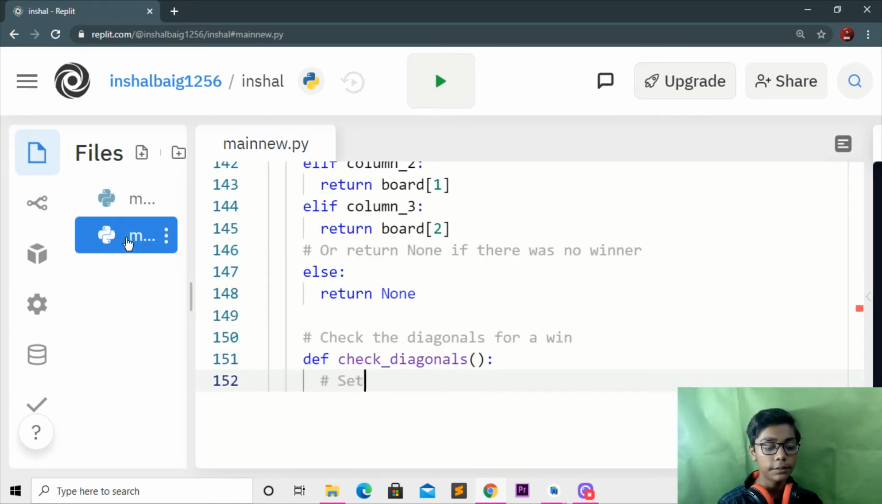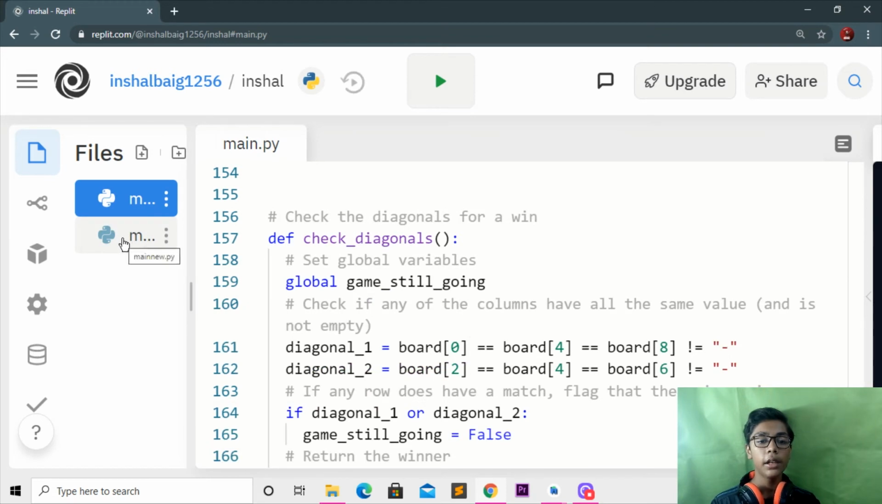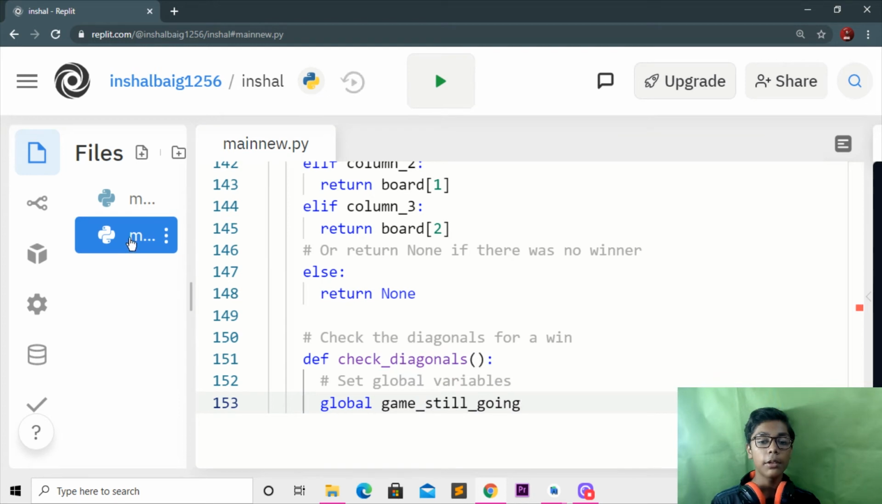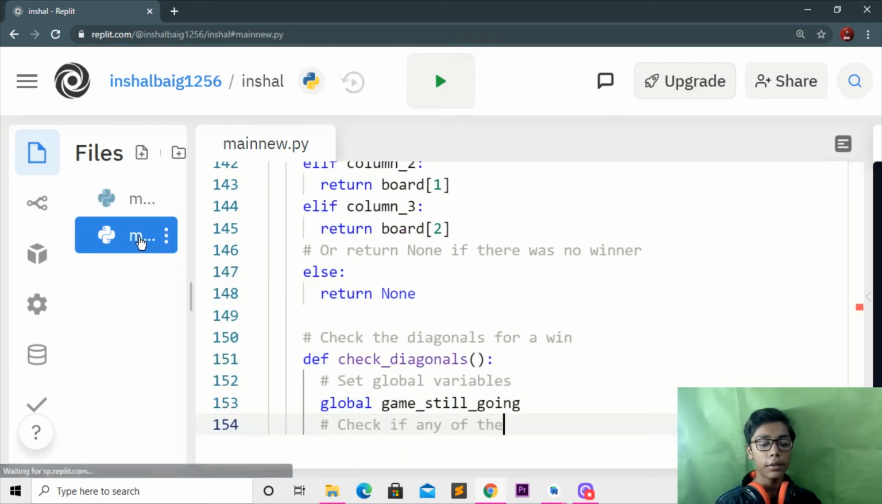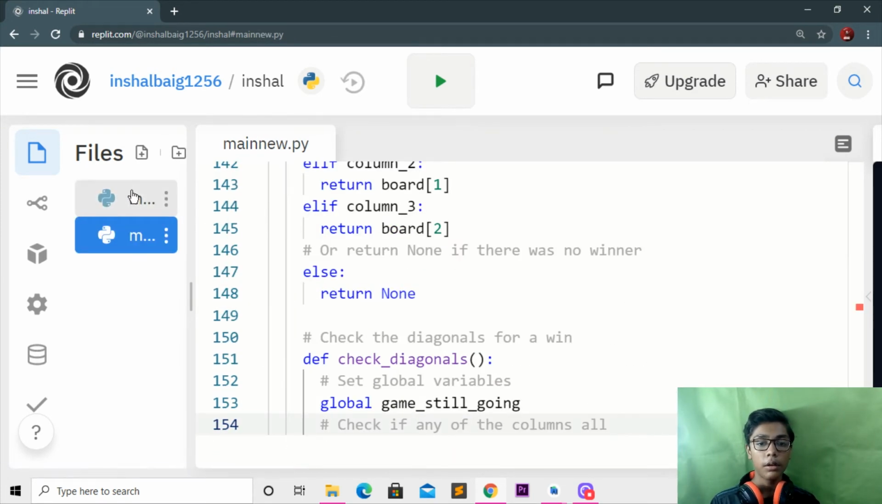Okay, so I'll be writing set global variables. When you've done that, I'll come underneath and write global game is still going, because here we have to define this tag. Then I'll write check if the game, and then check if any of the columns